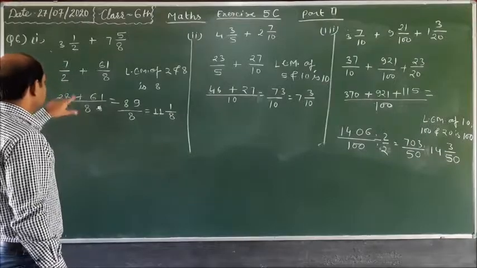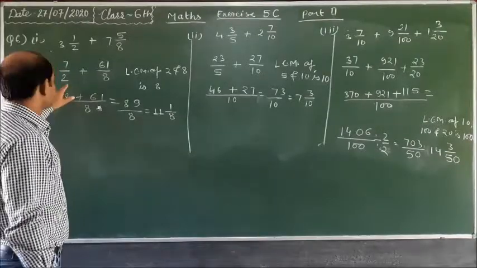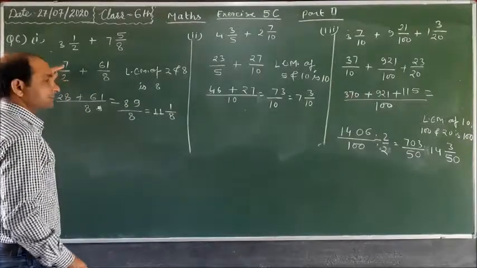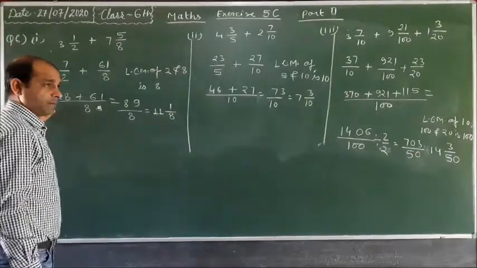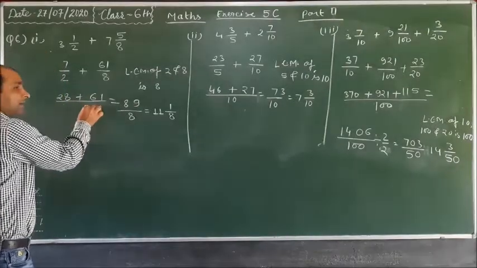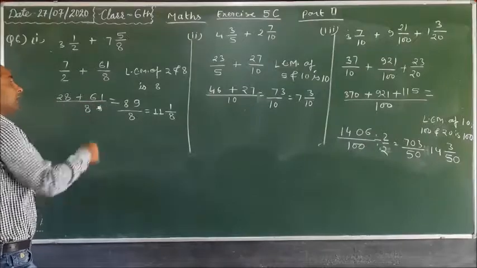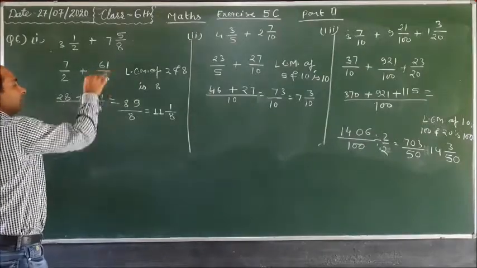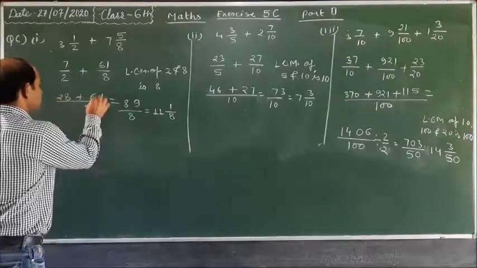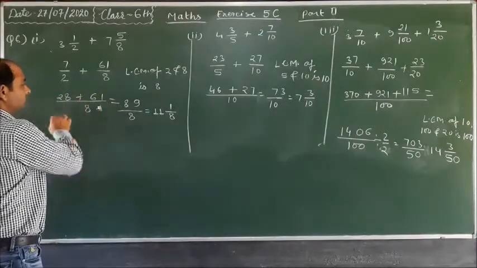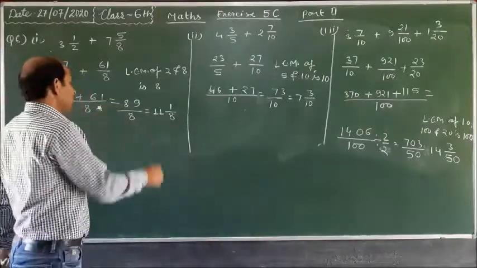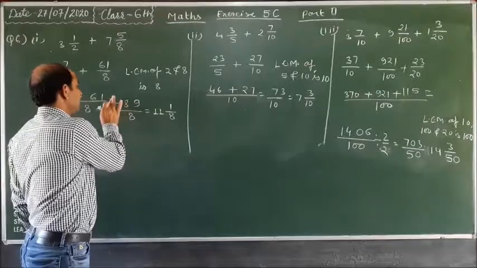Then LCM divided by the denominator. So 2 fours are 8, quotient is 4, and 4 multiplied by 7 equals 28. Now 8 divided by 8, answer is 1, and 1 multiplied by 61 equals 61. Then 61 plus 28 equals 89 upon 8. And 89 upon 8 is